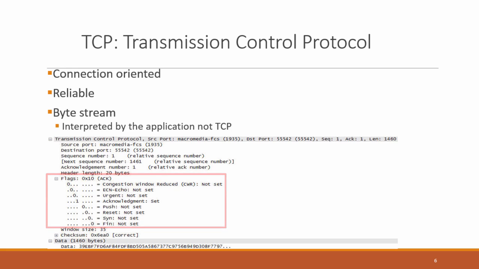SYN is open a connection with me. Some like to refer to that as the hello. And then finally, finish is the normal close of a connection. These are the 6 main flags of TCP. By understanding these flags, you can identify what's taking place in the network, both from a standpoint of normal traffic